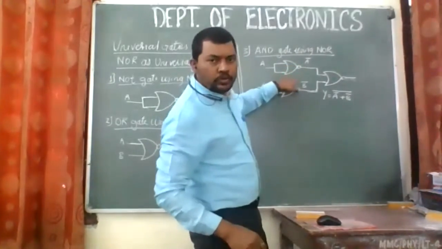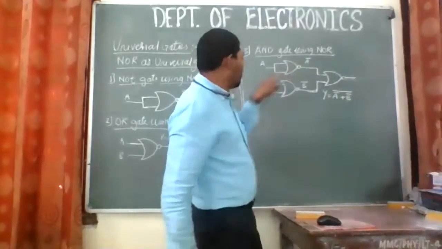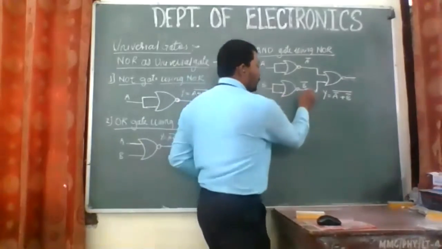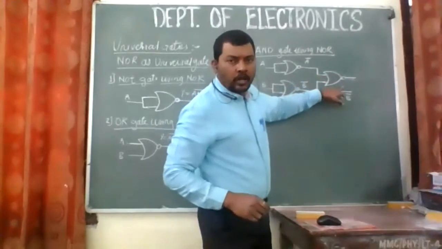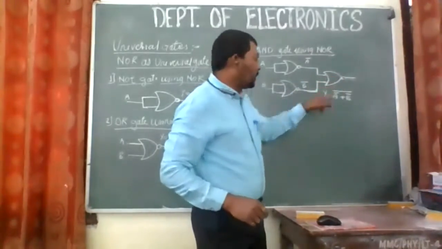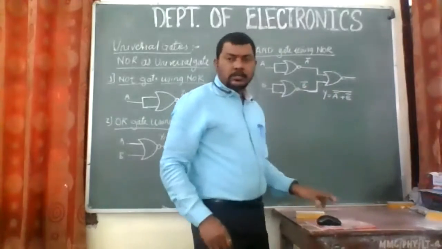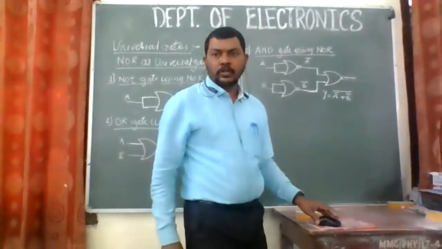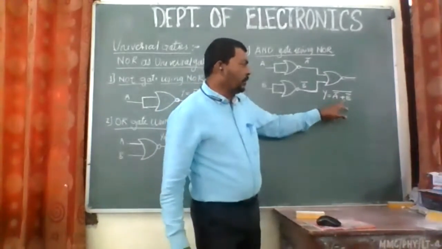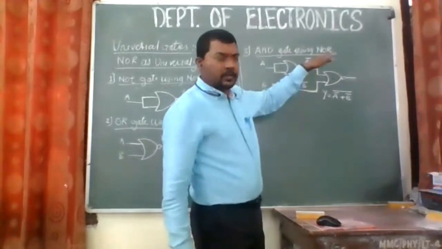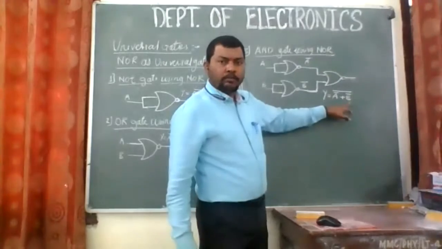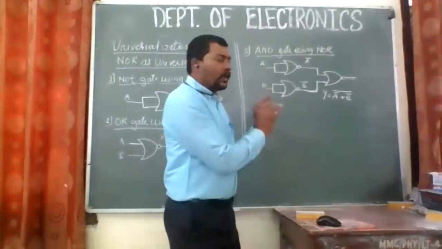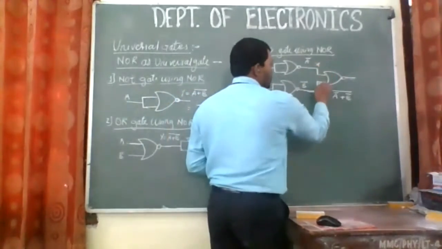How have we converted? We have taken A, put it to the NOT gate, and got A complement. We have taken B and complemented it, so it is B complement. Now we have given this to the NOR gate again. What is the output of that NOR gate? That is A complement plus B complement, the whole complement of it, right? Some students are still joining. Now here we can apply De Morgan's theorem. I will write this as X and this as Y.